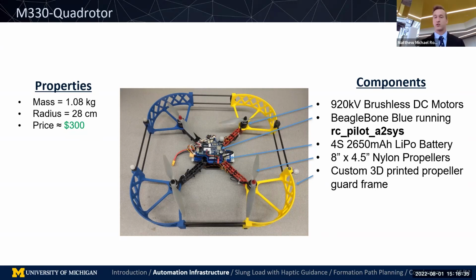So you see there's brushless DC motors, nylon propellers, all these kinds of standard components for a vehicle. And what's a little bit non-standard are these custom 3D printed propeller guards. If you notice, they completely cover the propeller such that if two vehicles collide, which in the research has been one of the goals to get them as close as possible to be safe, and sometimes they do collide, instead of having propellers hit each other, we'll have the propeller guards hit each other and they'll simply bump off like bumper cars. That's worked fairly effectively. And that's also the most likely part to break, so that if it does break, we're able to 3D print it.